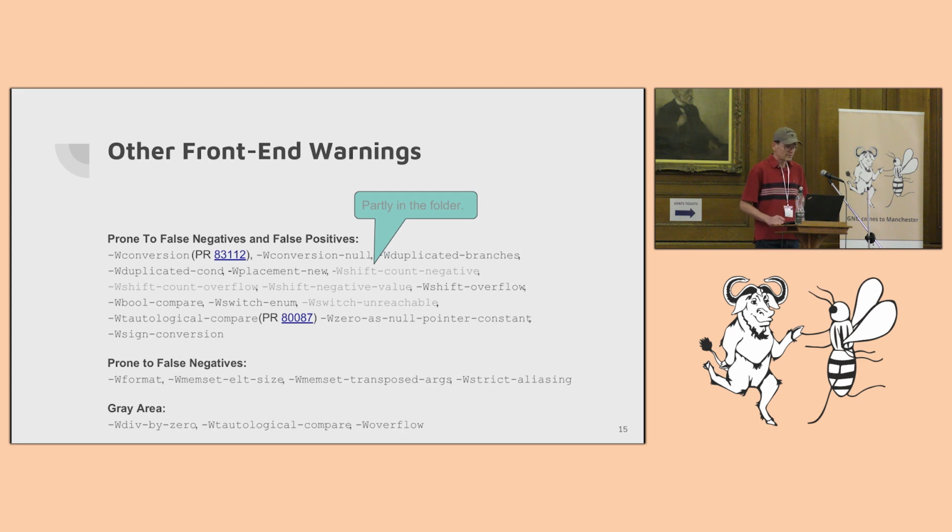All the warnings on the first list are prone to both false negatives and false positives. The warnings on the second list tend to be more prone to false negatives, but you can create use cases or test cases where false positives are possible as well. And then we have another last bucket here, sort of a gray area depending on how you look at the rule, how you interpret the rule, what you'd like to get out of the checker. They may or may not be prone to false positives and so on.